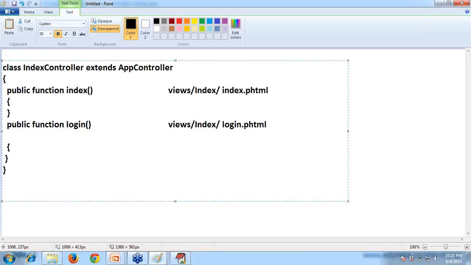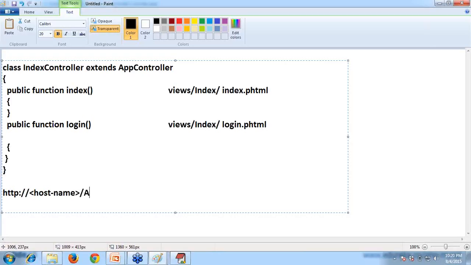Now, whenever the client sends a request, what is the request? http://edureka.com, slash whatever the port number, slash the app name or application context, slash index/index, or only index.